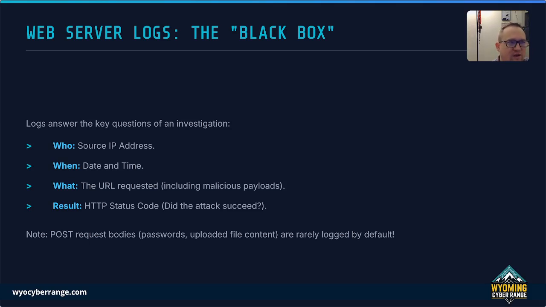Now, normal traffic will show up as a 200 as well, but if we see a ton of things like 503s, like forbiddens, and then all of a sudden an attack success, maybe we need to check into that, especially if we're basing off a certain source IP address. Now, be aware that the post request bodies, which might contain passwords or uploaded file content, are normally not logged